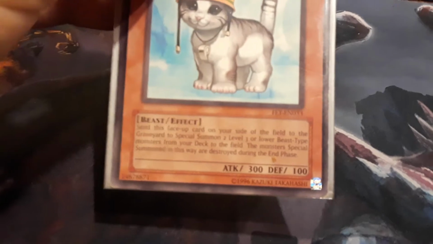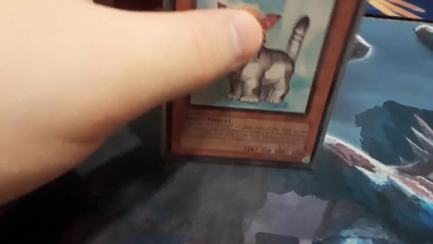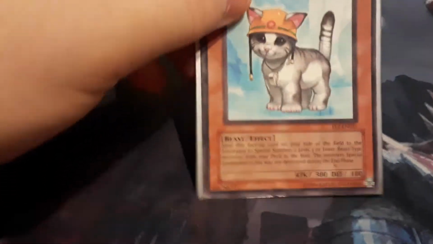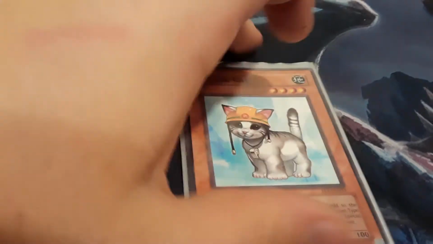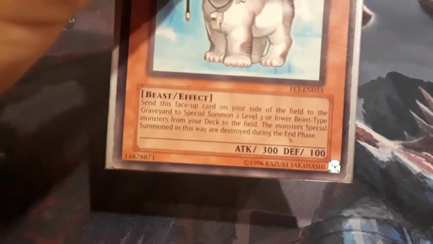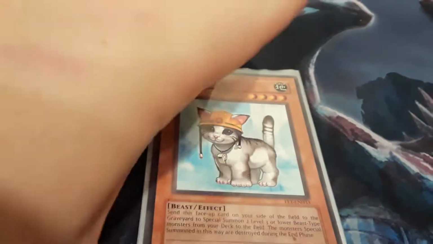But his effect is you can send him from your side of the field to the graveyard. Means he could have been special summoned from Valeraphon. He could have been special summoned from like a Monster Reborn or something. It doesn't matter. Normal or special summon, you can send it from the field to the graveyard, and you get 2 additional beasts from your deck that are level 3 or lower, and they don't have to be the same monster or anything. They are destroyed during the end phase,